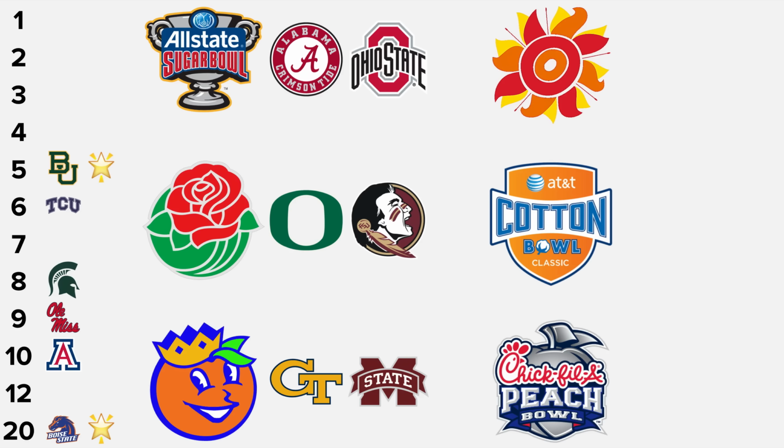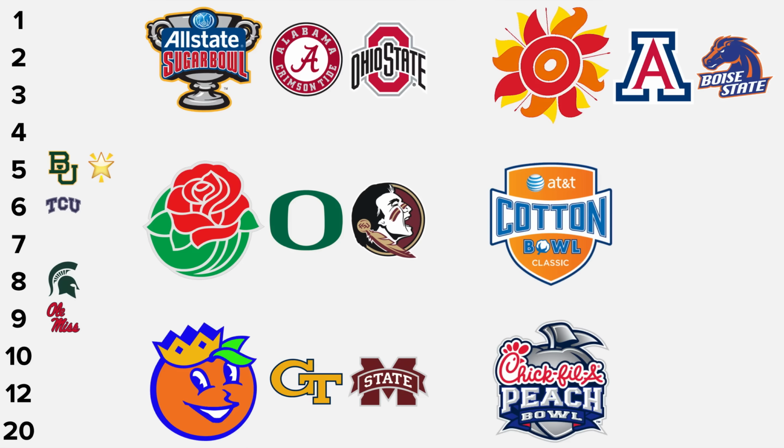Baylor also earned a spot somewhere as the Big 12 champion, even though its Sugar Bowl tie-in was taken up by the semifinals. Phase 3 was then filling in the other 3 games. Arizona and Boise State were the westernmost teams, so it made sense to put them in the westernmost bowl.